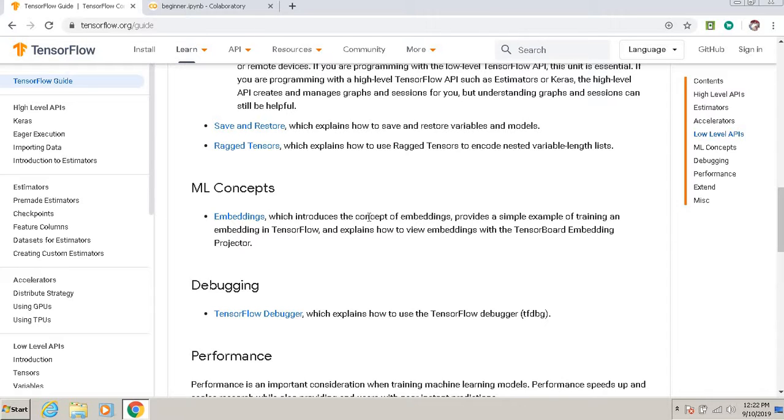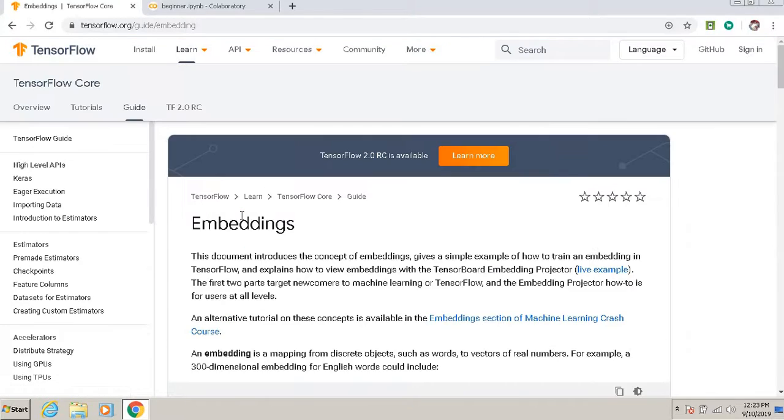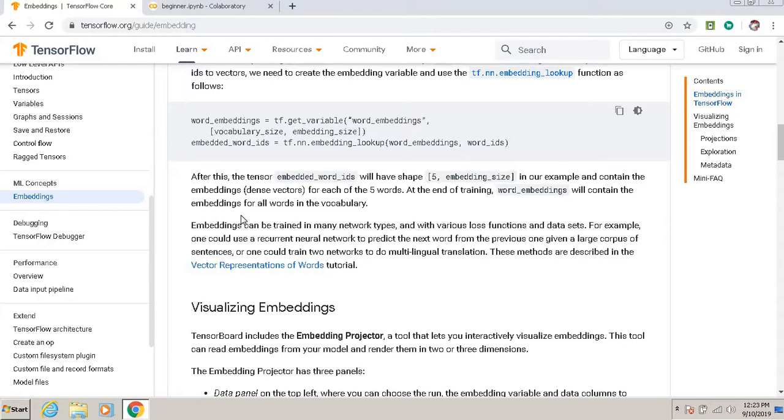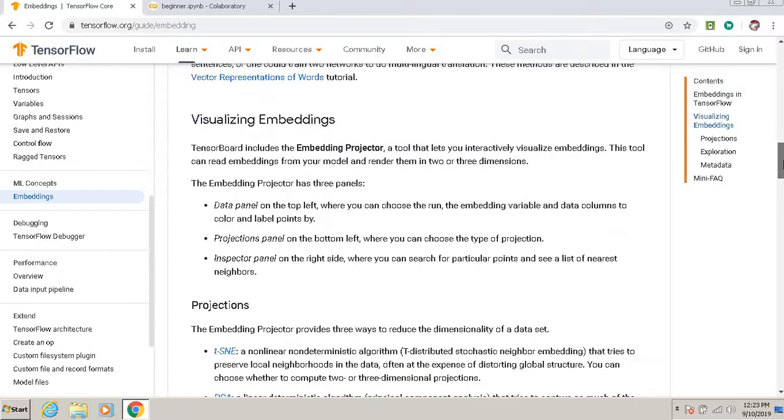Embeddings, which introduce the concept of embedding, provide a simple example of training an embedding in TensorFlow and explain how to view embeddings in TensorFlow. So we'll go to embedding. So you can see visual embedding here.